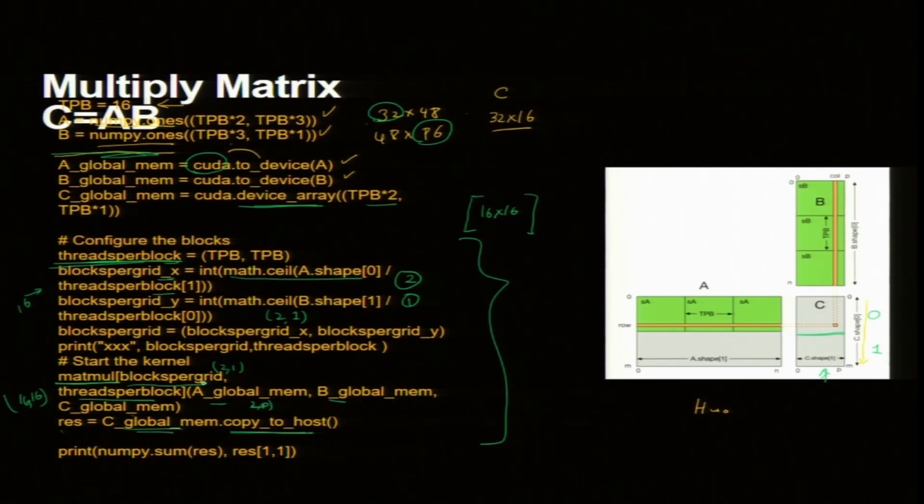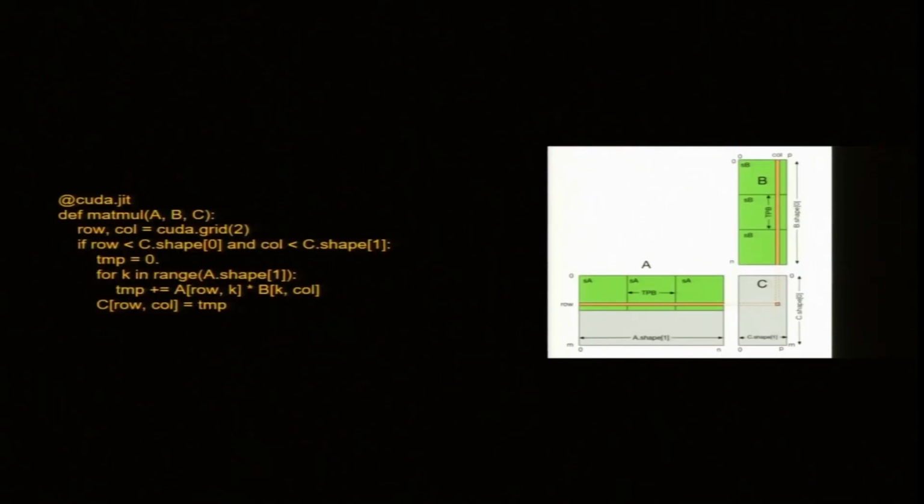The syntax is a bit different, but the flow is exactly the same as what you do in CUDA, and I print for my testing. Now let us look at how matmul looks like. Matmul is a very small, simple function. A, B, C are 3 arrays in the global memory.